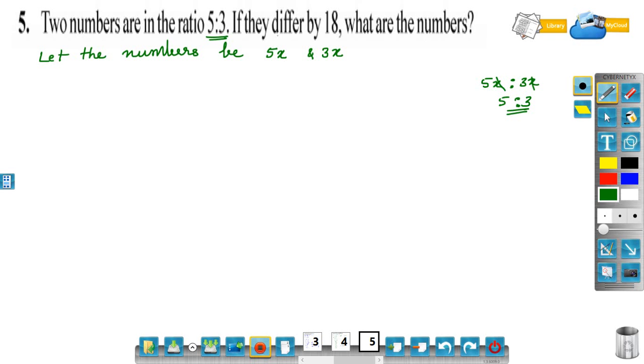Now, if they differ by, that means difference. Difference means subtract. Difference of two numbers, that is 5x minus 3x, is equal to 18. These two are like terms. 5x minus 3x is 2x is equal to 18. So x is equal to 18 by 2, that is x is equal to 9. Therefore, the numbers are